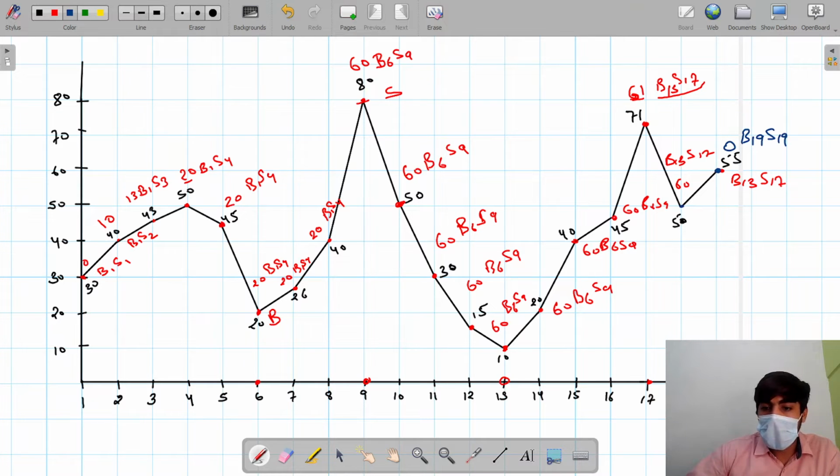Then move here. Now check for this one. Today buying is mandatory. We buy at 18. And for the selling day, using the time machine, move to the future and find the maximum price day. 55 is that day. Then we get a profit of 5 rupees. Buying at 18, selling at 19. Okay. Now move to this point. See here. Today buying is mandatory.